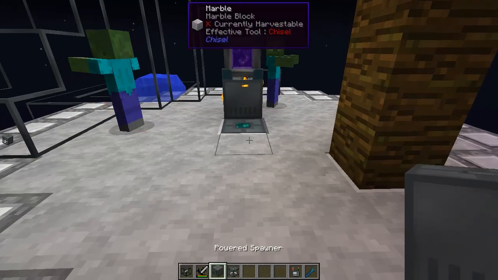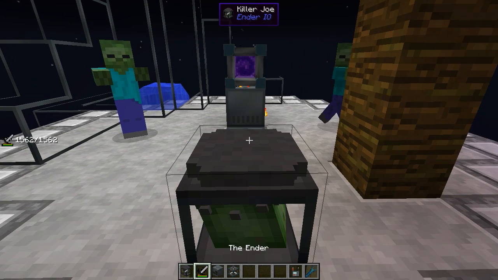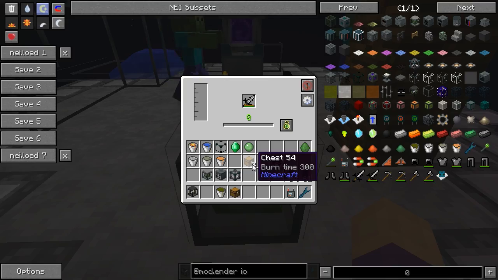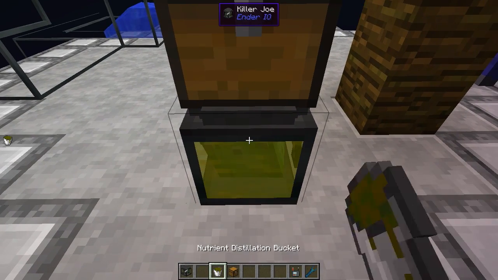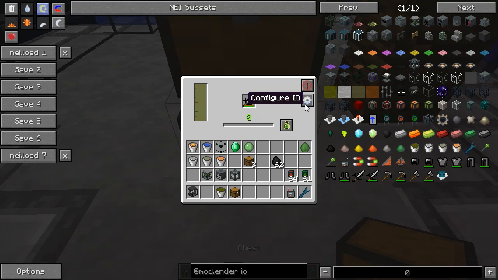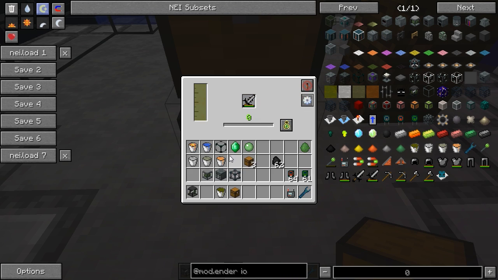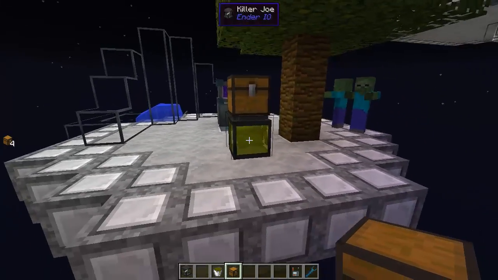What do I want to do about it? Well, this is where Killer Joe comes in. Killer Joe, you right-click on him, give him a weapon. He requires a certain amount of nutrient distillation. And what I'm going to do is put a chest right on top of him. Let's power that guy up. And let's do push. So now he is going to start killing all...